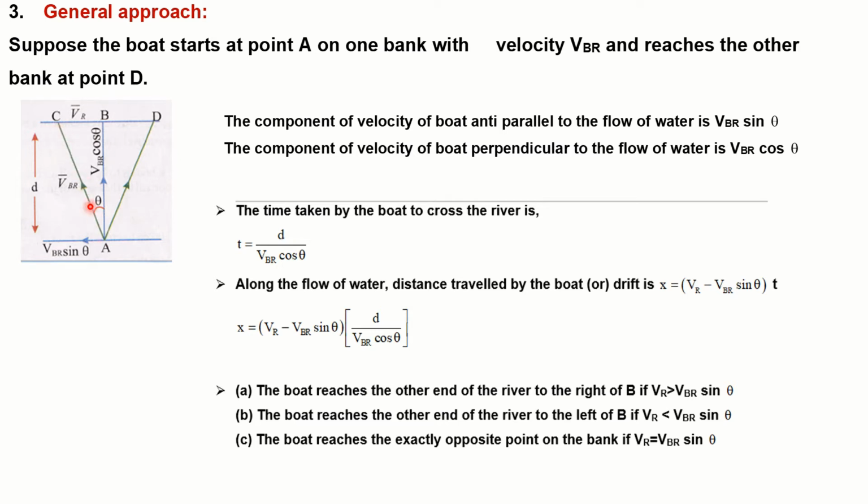Because if he heads in this direction and the velocity of the river is in this direction, the resultant will be in this direction, students. That means the velocity of the river we could take in this direction, and the person is going in this direction, so the resultant vector will be in this direction. Okay, let's see the various cases of this.